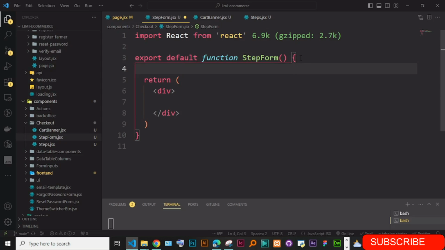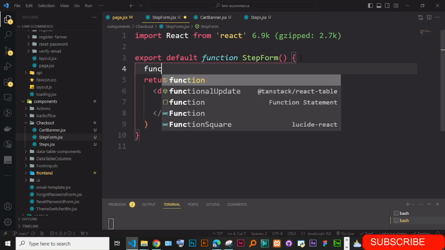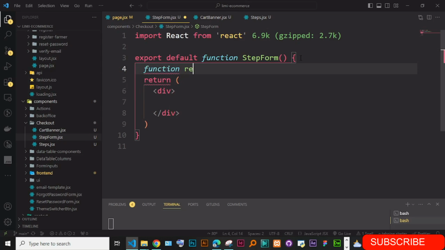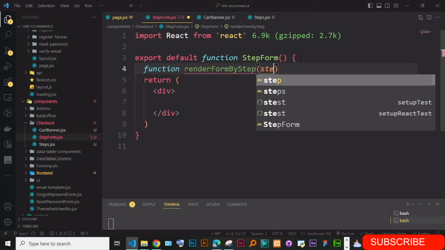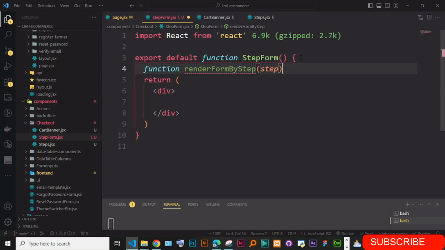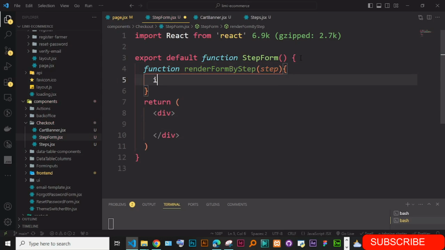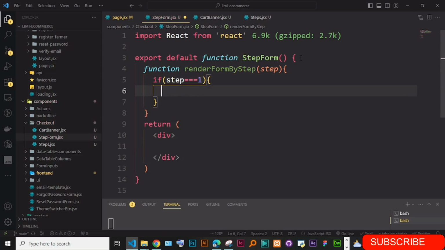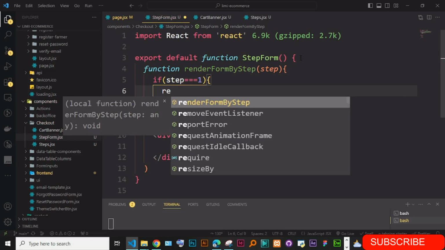Let's just have a function called renderFormByStep, and it takes in a step, and it's going to say if, for instance, the step is equal to 1, then return